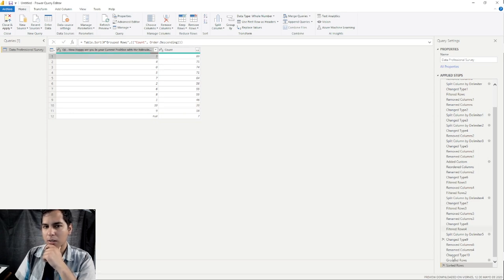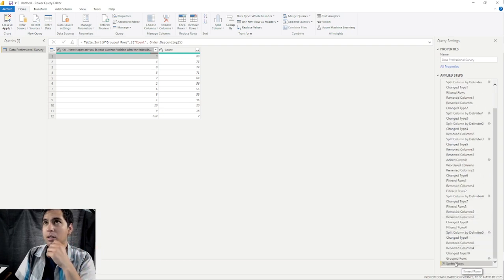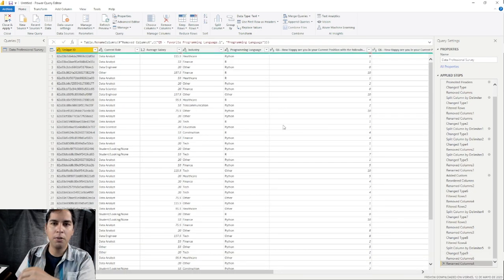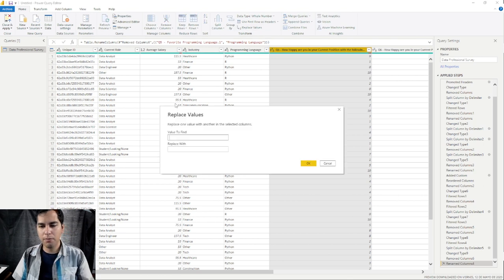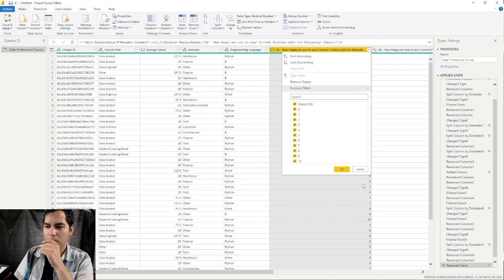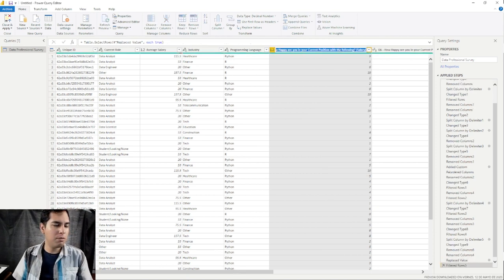Okay, so I can just escape and go back with the steps here and here. So I'm undoing everything. So in this case, I'll just replace values null with 3. Okay, so as you can see now, we don't have any null values. Okay, so I'll just rename also